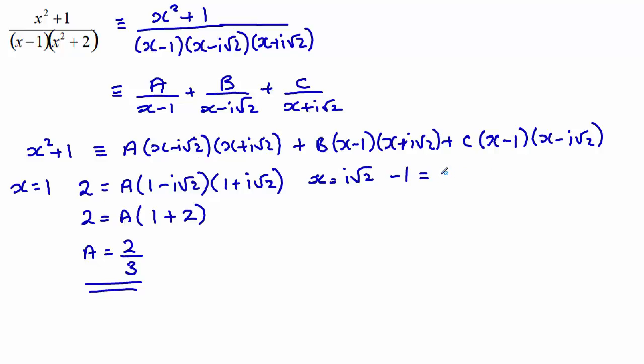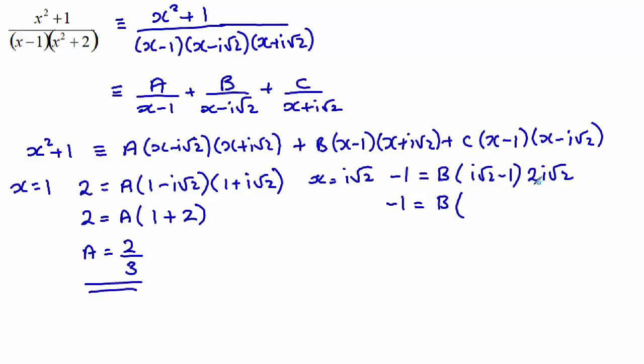And that's going to be equal to B into x minus 1. So that's going to be i root 2 take away 1. And then if x is i root 2, that's going to be multiplied by 2i root 2. So negative 1 is going to be B